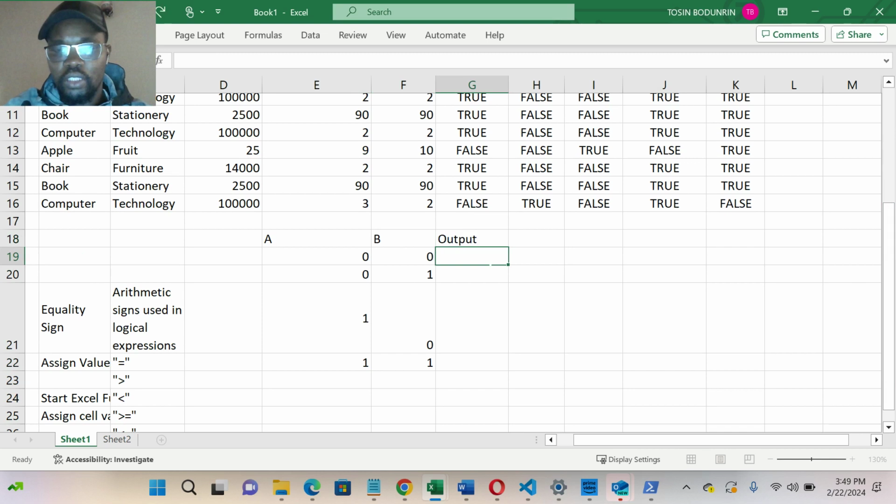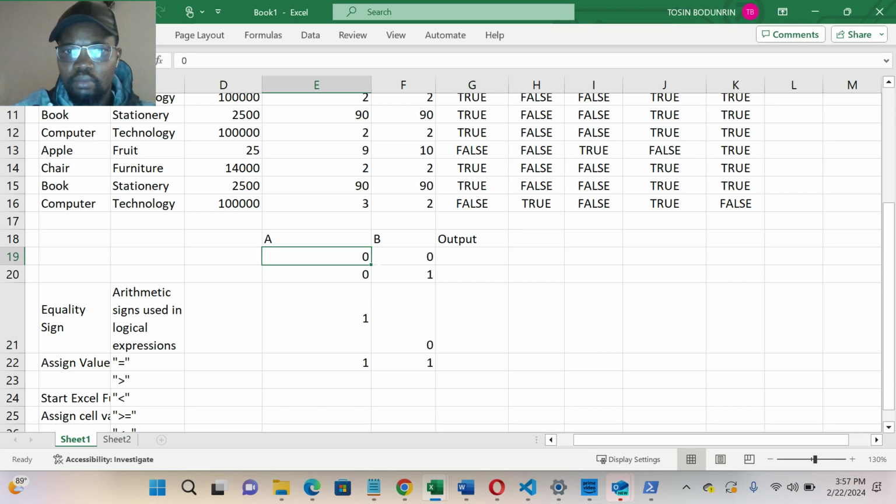I'm going to call this the output, okay? So the way this basically works is that we would always have an output of 0 when the input A and input B are both 0. So the output will always be 0. Otherwise, the output will always be 1 for a statement that is being combined together